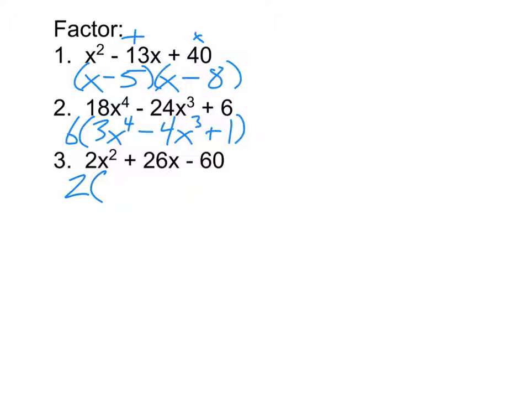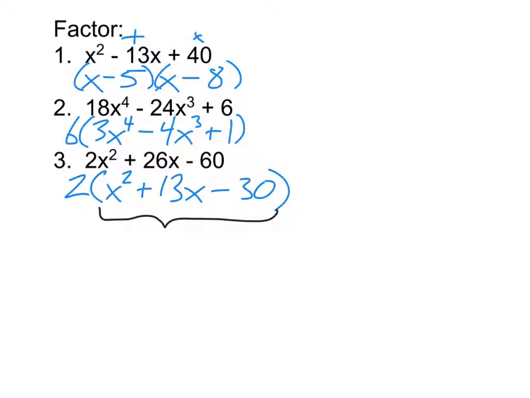And so if I do that, the 2x squared just becomes an x squared. Because I'm doing 2x squared divided by 2. Or in other words, 2 times what will give me 2x squared. So that's why it's x squared. Then I do the same thing for the 26x. That becomes 13x. Minus is still minus. 60 divided by 2 is 30. Now you'll notice